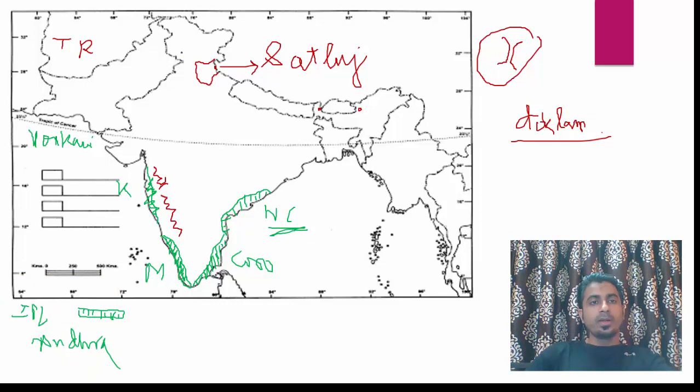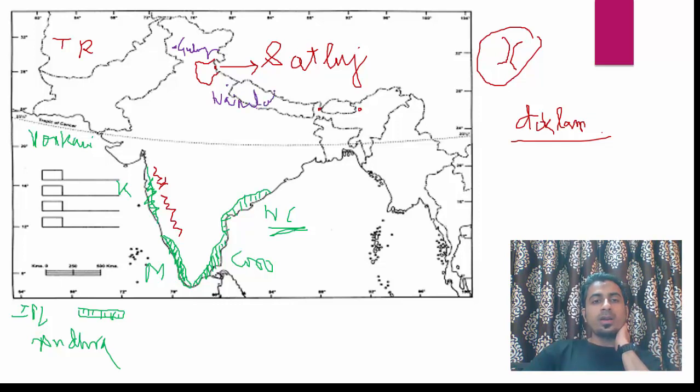So for that I will take purple color. Gulmarg is a hill station in the Union Territory of Jammu and Kashmir and it is situated very close to the border of Pakistan. So it is situated around here. For cities you have to just use a single point and write the name of the city. Gulmarg is here. Then Nainital is also a hill station which is in Uttarakhand. I told you about the two regions of Uttarakhand, Garhwal and Kumaon. Nainital is in Kumaon region, which makes it the eastern part of Uttarakhand. Okay, so we will write here Nainital.